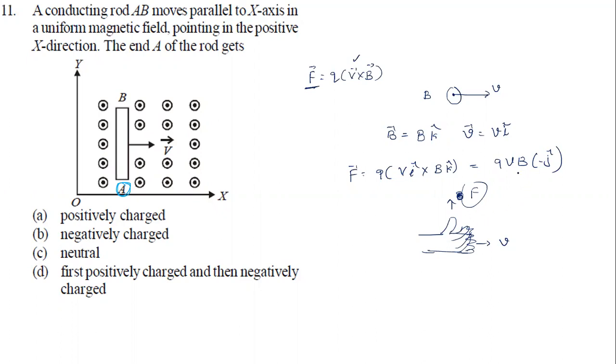So as it is minus j, see here, all the electrons are moving along what direction now, in this direction? So they're going to experience a force now. In what direction? Along minus j cap, which means what now? They are going to move towards down. Okay. As they're going to move what now? Towards the down.